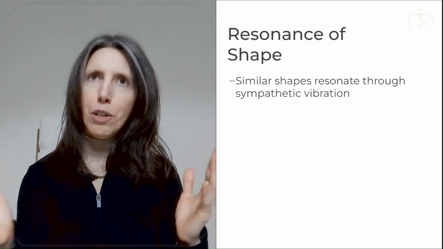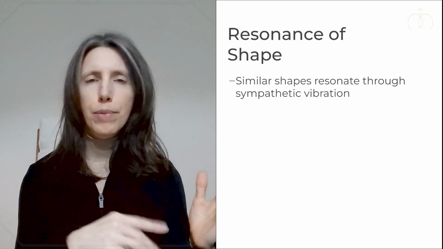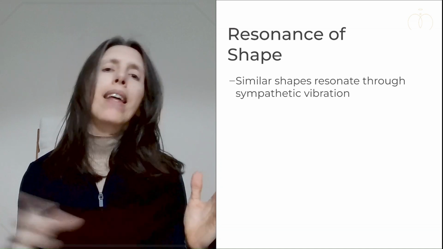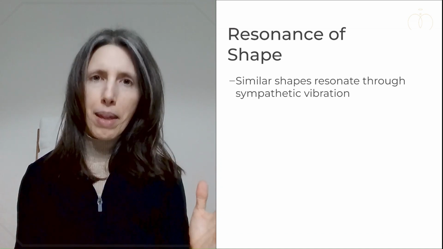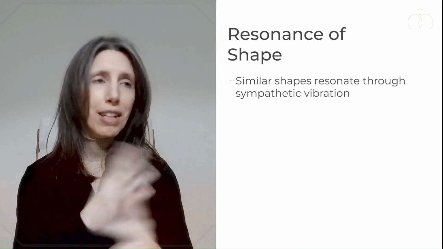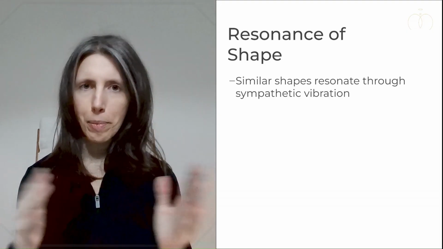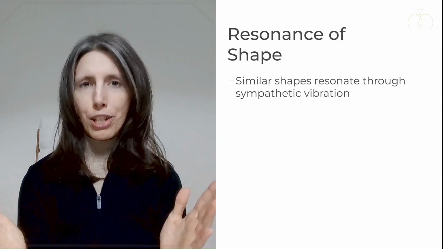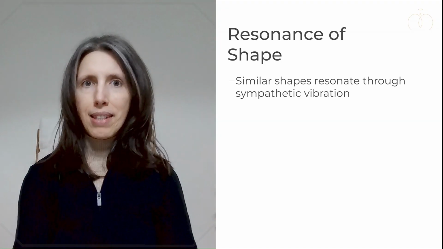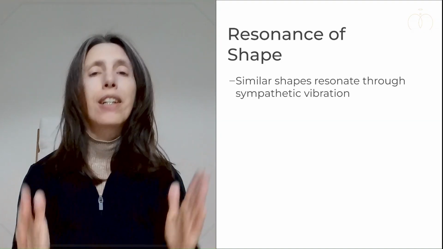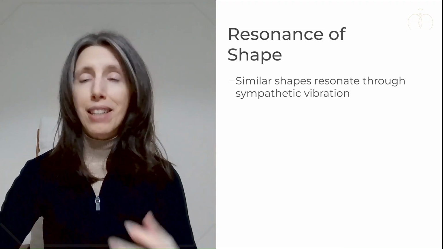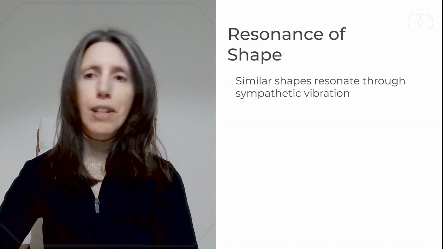The same happens with pendulum clocks, the old school types of clocks that had pendulums that swing. Those pendulums, like metronomes, start over time to entrain to one another. Even if they start at different rhythms, over time they start harmonizing, they start getting into sympathetic vibration. But it's not just sound and sound waves that create this sympathetic vibration. Shapes, similar shapes, create a similar type of effect. So they interact with each other even if there is no